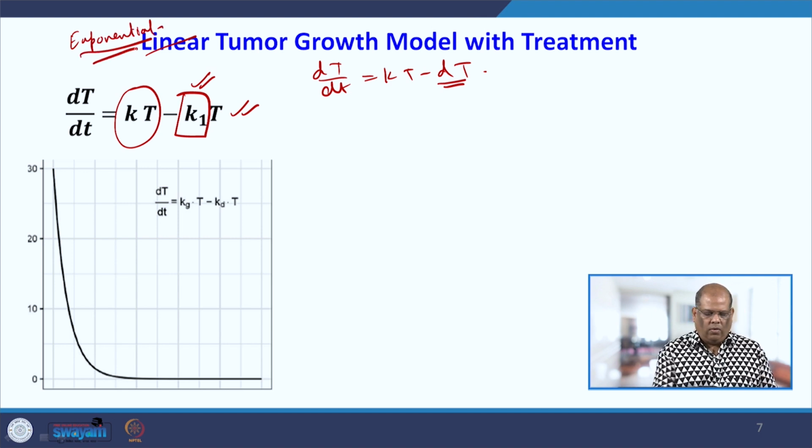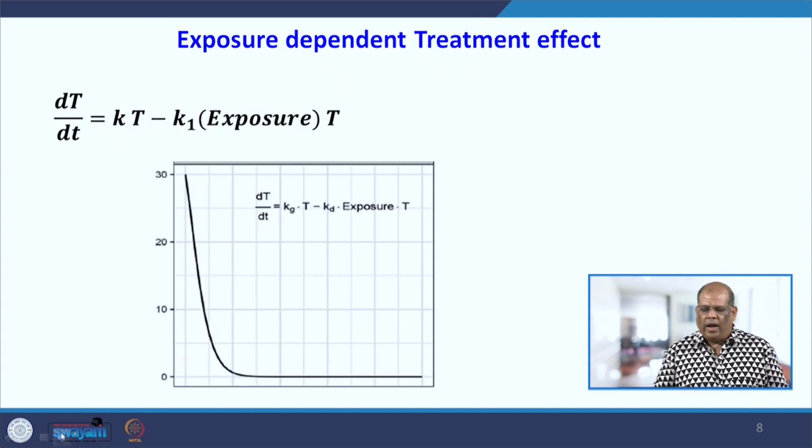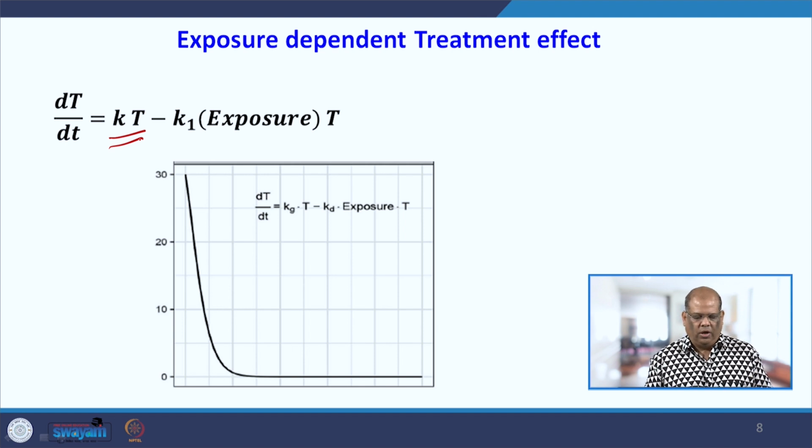And so, your curve starts with some initial value of the tumor. It is growing due to this term, but the drug is killing the tumor cells, and hence it is going down and ultimately goes down to 0. Now, this is an exposure dependent treatment effect. Now, what does it mean? That again it is doing exponential growth, and this exposure is due to